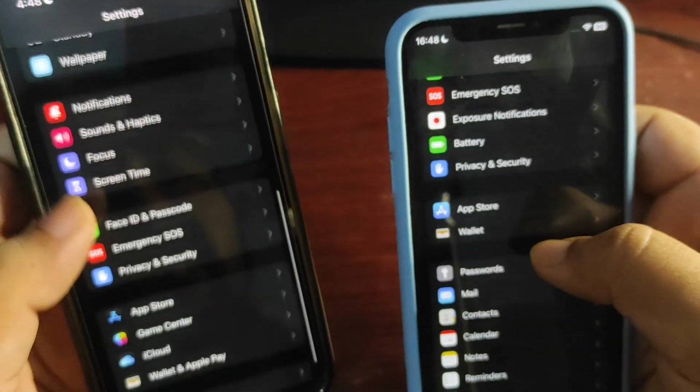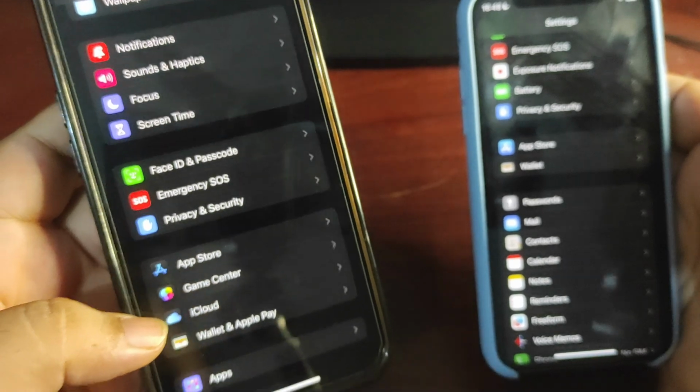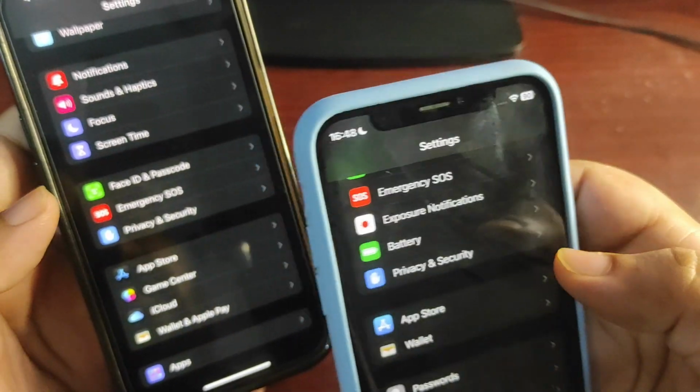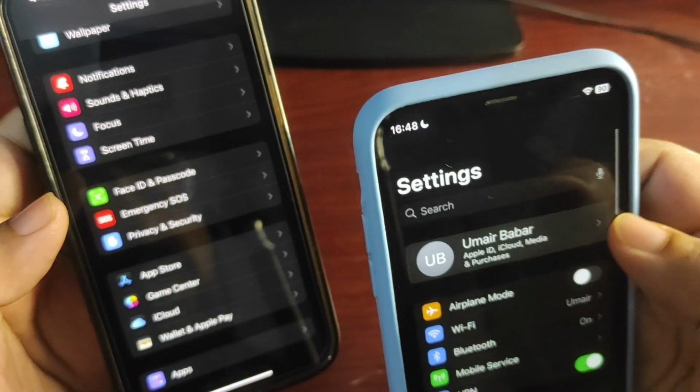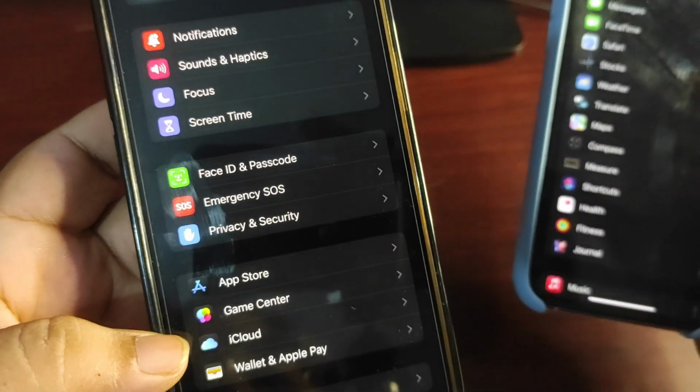Then there is App Store. Over here there is App Store, wallet. Over here there's App Store, Game Center. iCloud is also available, although in iOS 17 iCloud is over here. If I go over here, here is the iCloud, but now the iCloud is on the main page